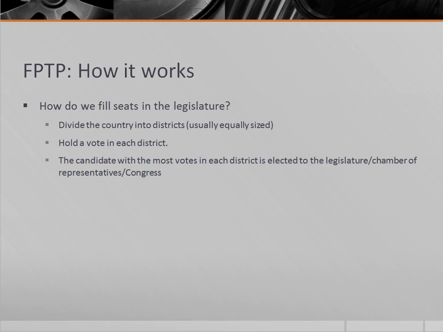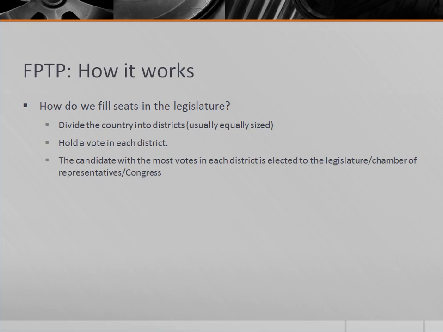One important feature is this question of how the districts are drawn up. Right? Depending on how you cut up the districts, you can influence the results. This is called gerrymandering, when you change the districts in order to secure political advantage of some sort. But even the districts have to be changed regularly, regardless, because populations move or grow at different rates. And when that happens, districts that were previously equally sized are no longer equally sized, and even if they're equally sized, they might be very different demographically in some way.